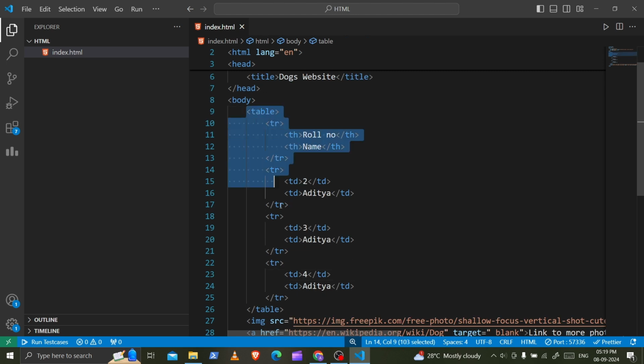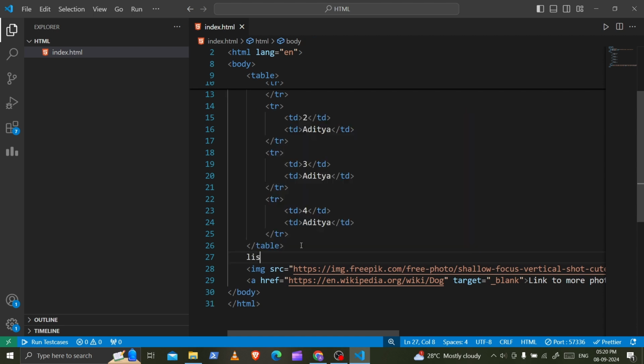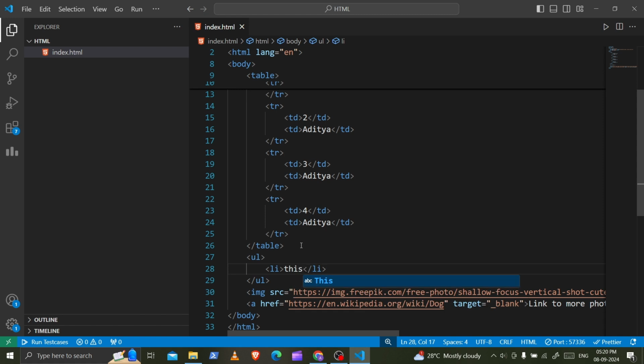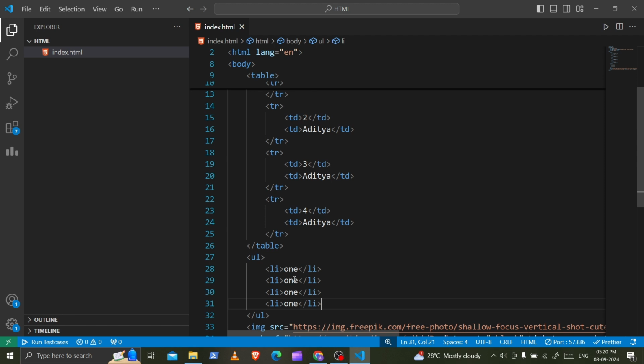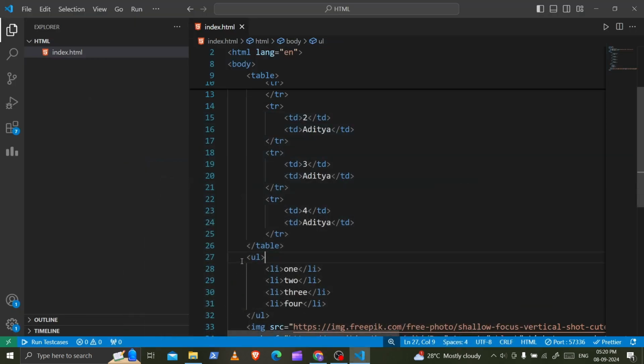So in this way we can design the table. Then there are other tags such as